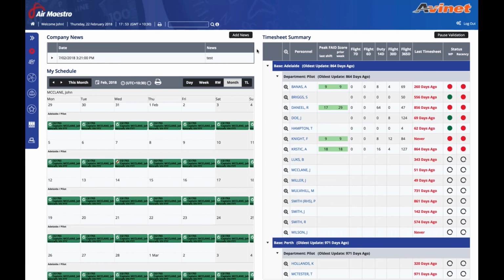So those were all the changes that we've made to Air Maestro version 3.1. Feel free to go through the release notes and to review those changes in more detail. If you have any questions, please don't hesitate